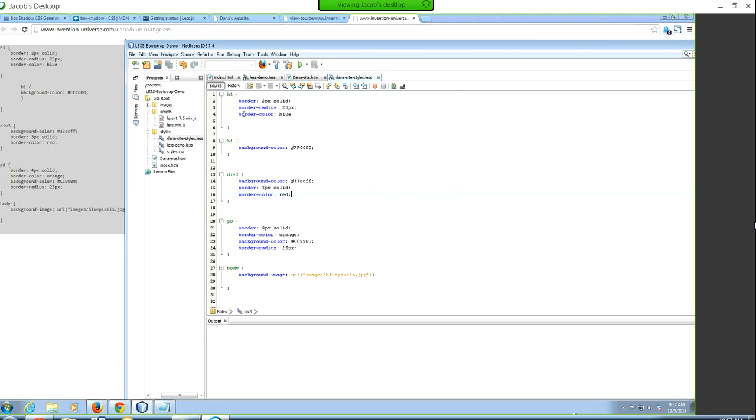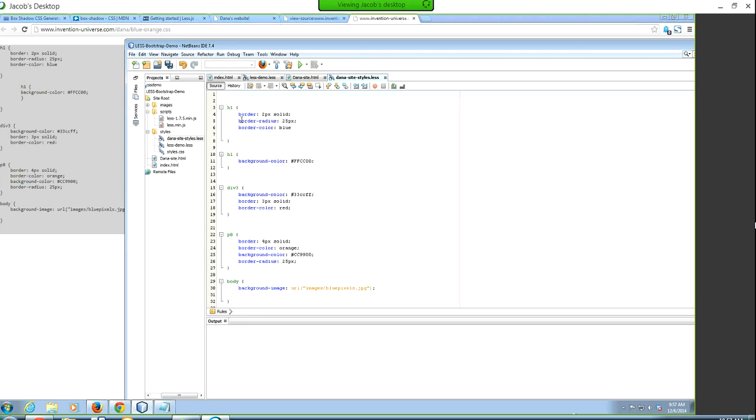So, just off the top of my head, I see one spot where a variable could be useful, and that spot is the border radius, right? So let's say I wanted to define a variable that we could reuse here and here. Could someone in the chat box